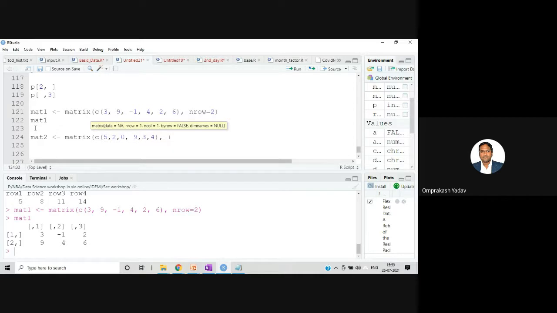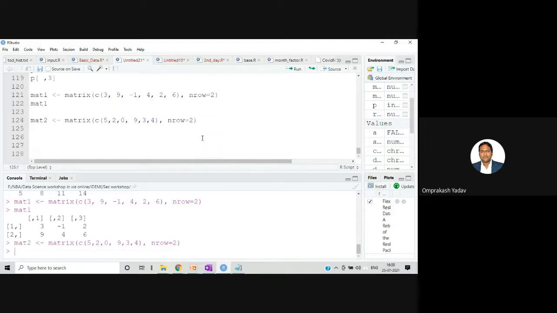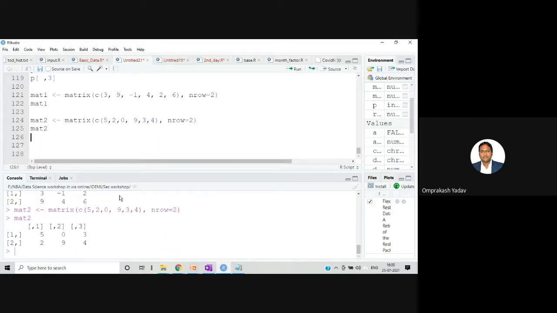And here also I'll say nrow equal to 2. Let's execute this. mat2 again has a total of 6 elements, so we get 3 elements in the first row and 3 elements in the second row.